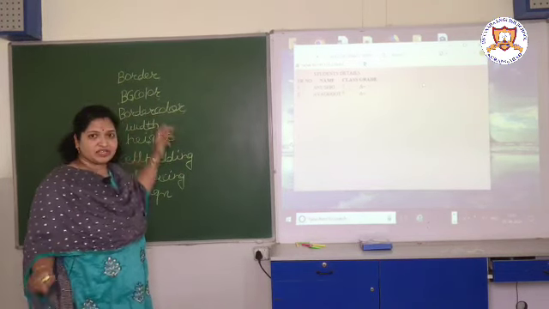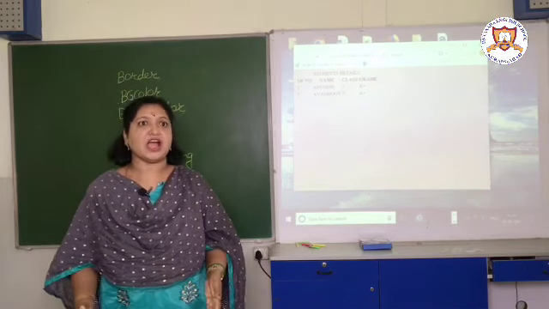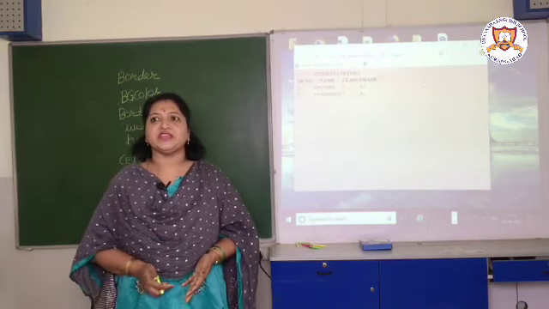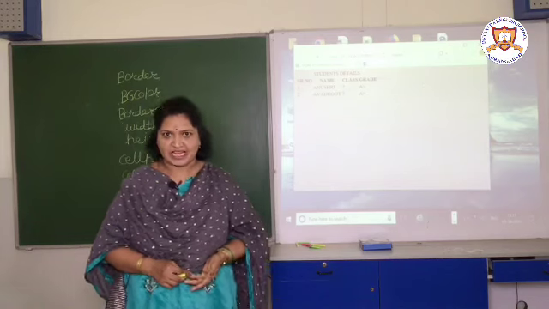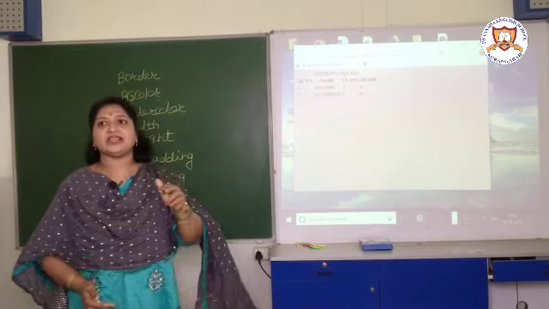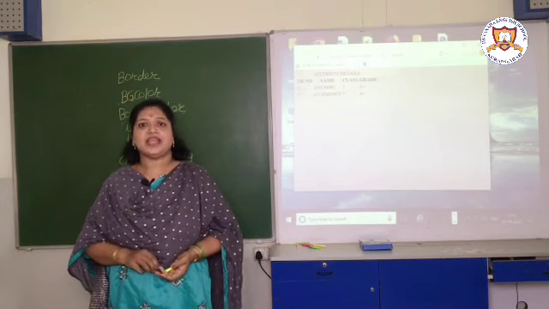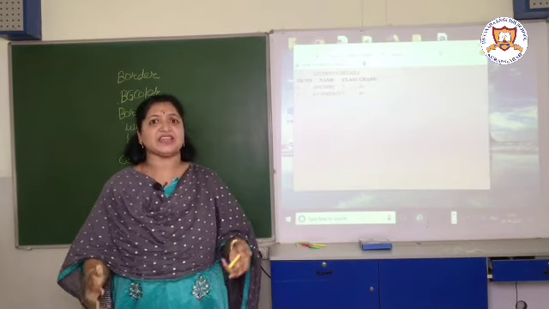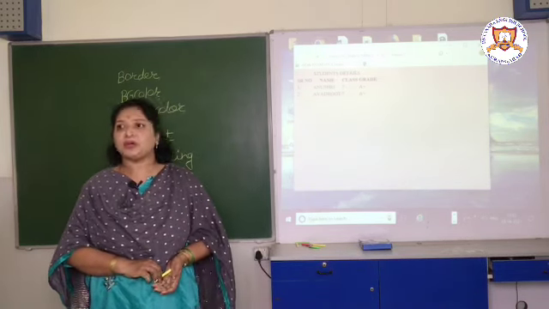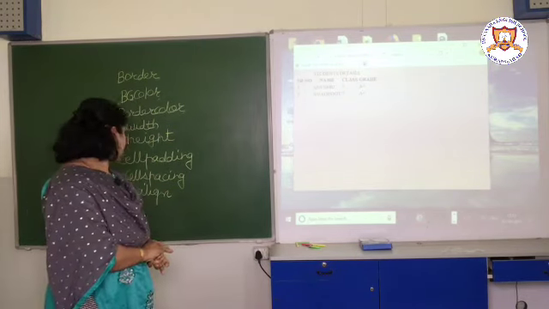Okay, now the width of the table is decided by the width attribute. How much space the table will occupy is decided by the width attribute. After that, the next is height. The vertical distance, or the height of the table, we can decide so that data can be adjusted in that manner. It is also in the form of pixels, or you can also use percentage. Generally pixels are used to give that data.